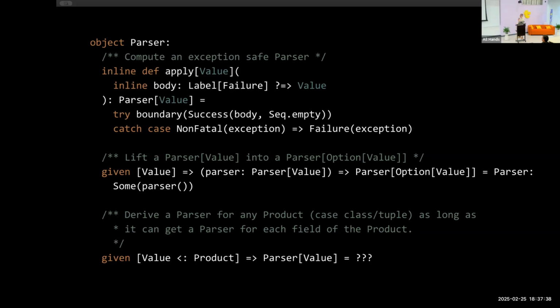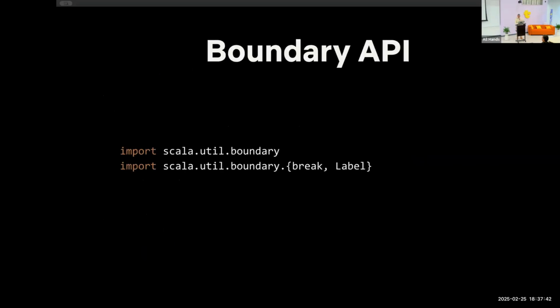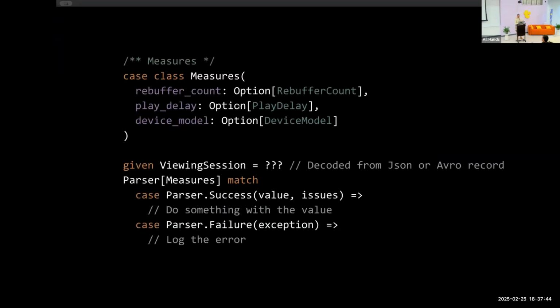Something to note is, you know how we put options here? We put everything as an option. We have special handling in there. If one of them failed, as in threw an exception, the shapeless implementation for product is going to put a None in there and log an issue instead.